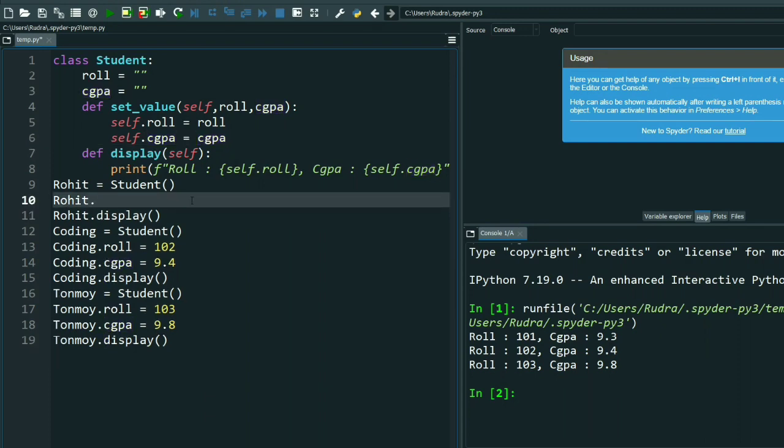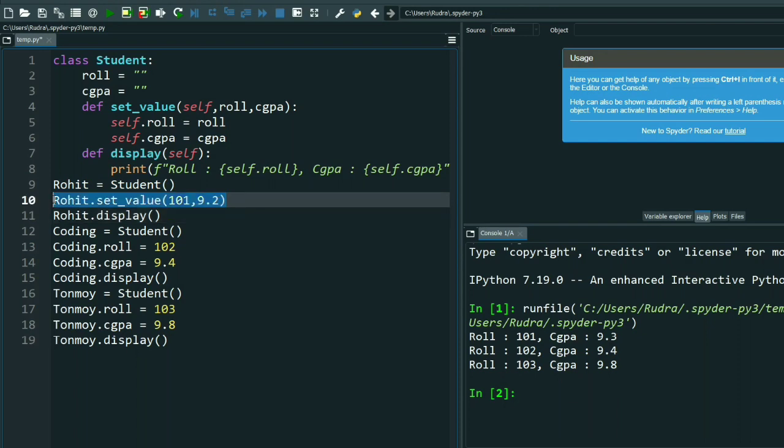Now what can I do? Rohit dot set value, and here I am giving 101 comma, now I have to write the CGPA. Suppose 9.2 is the CGPA.